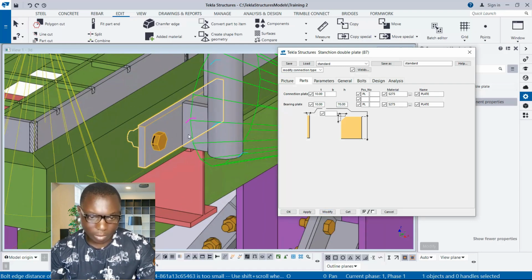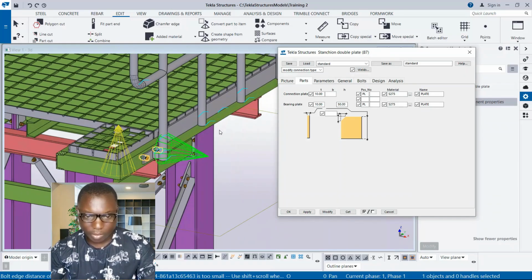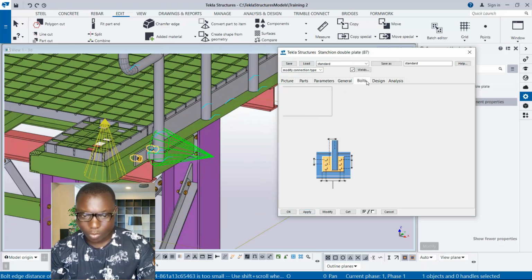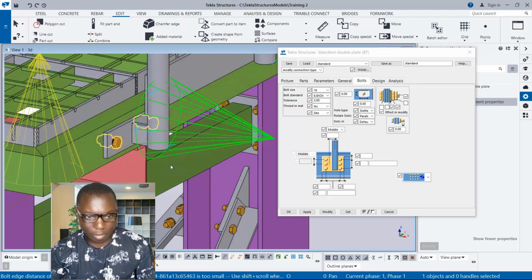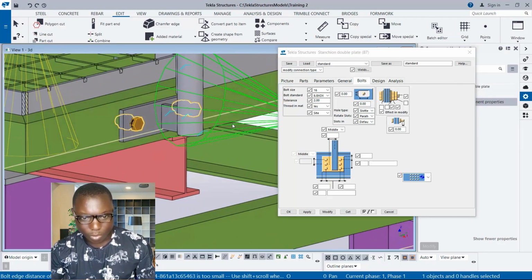So you can now see we made it 50 right here, and then modify. We have something of this. This is model enough, you can see. Okay, click on the applied. You can come to the board provisions now, so you can be able to set the board as well. Okay, so for the boards provisions here, we need just one board right here, and then the